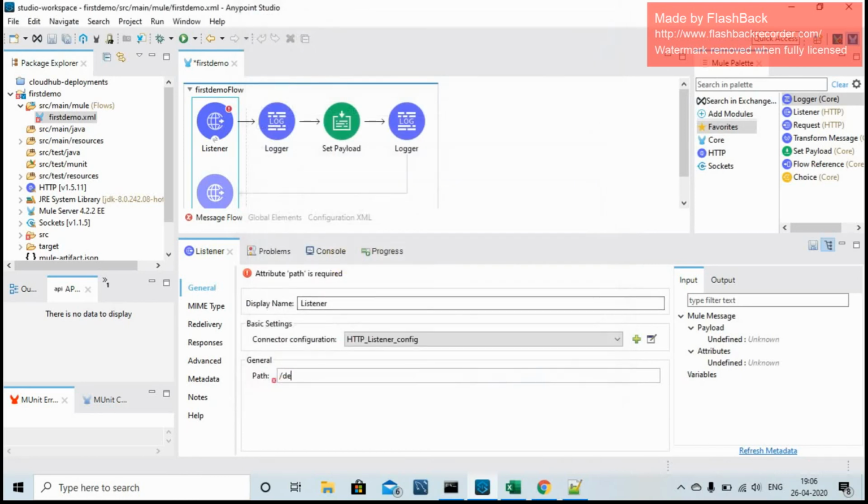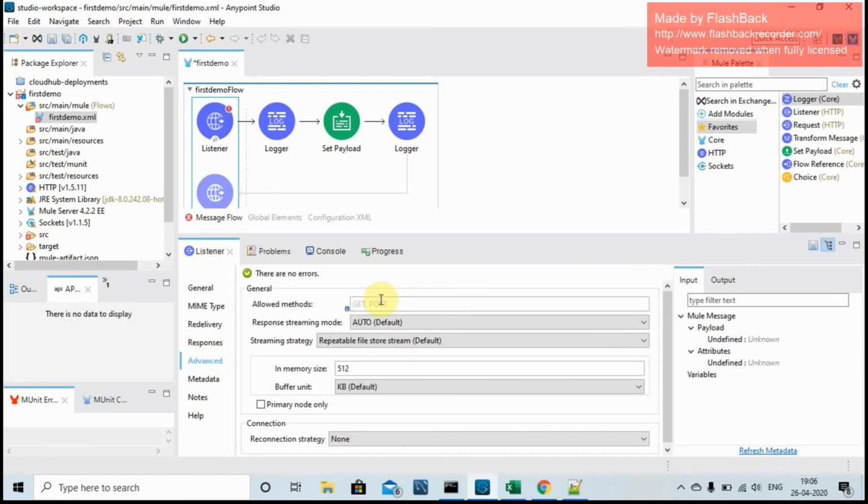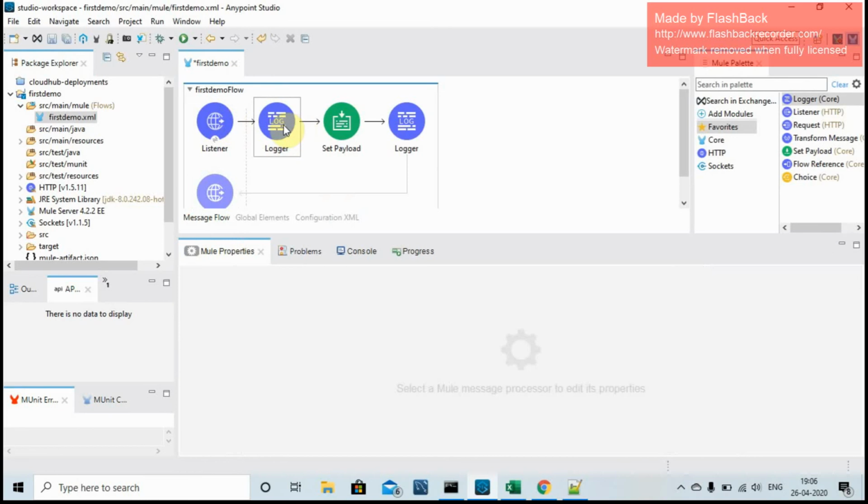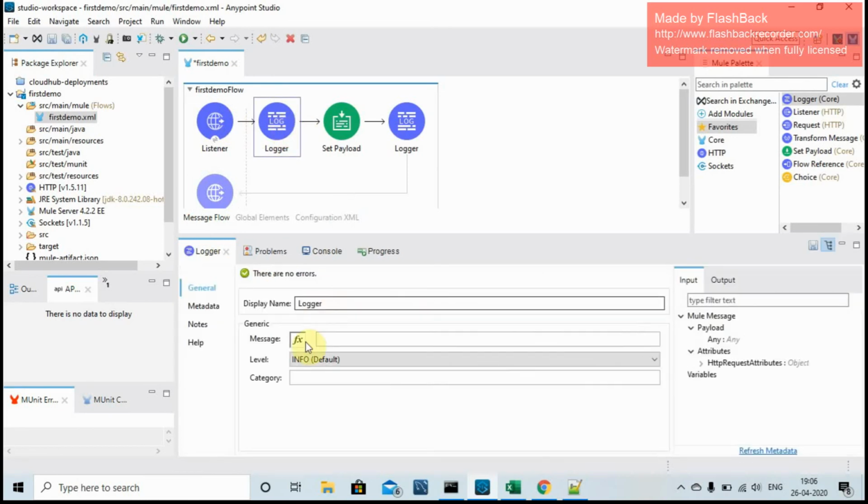So let's set this as demo. We will go for advanced, and for allowed method we will try with GET. Okay, logger. So in the logger we will put a very generic message like flow is initiated,